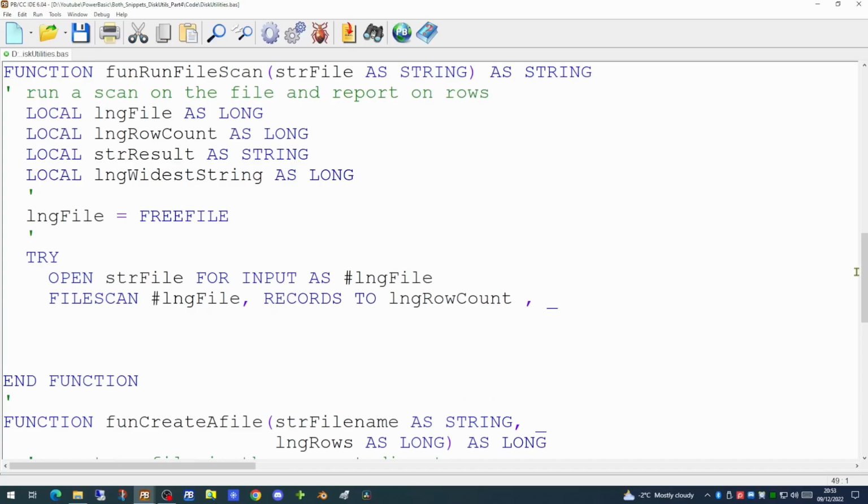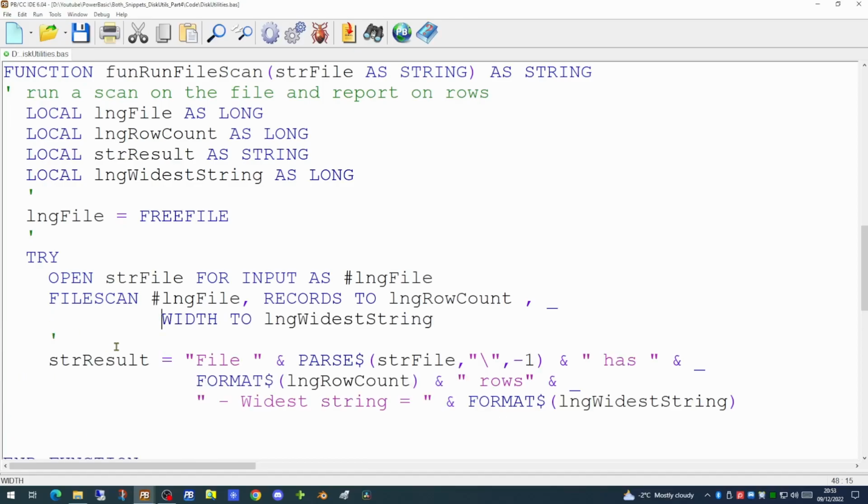So since the function is going to return a string, we can populate that string with anything we need. So in this case, we are taking the word file, we're adding on the tail end of our path, which is actually just the name of the file. We're using the slash as a delimiter, and we're using it with -1, which means we're taking the last element of that string, which in this case will be the file name.